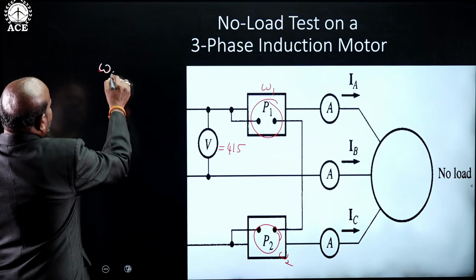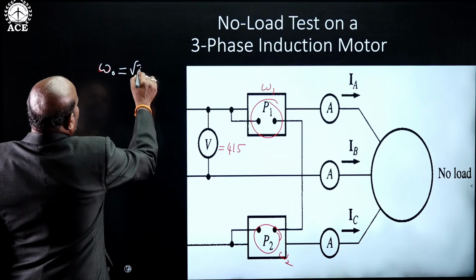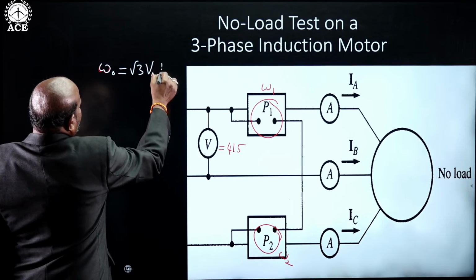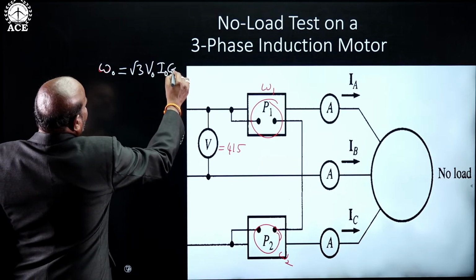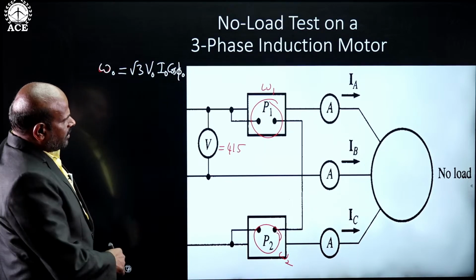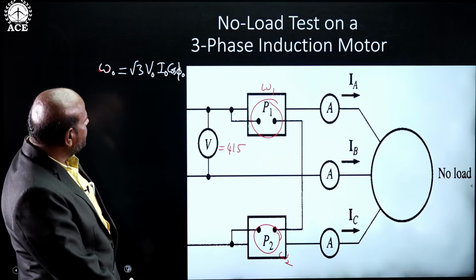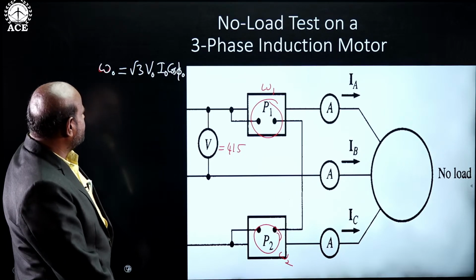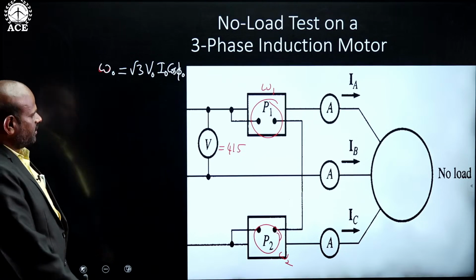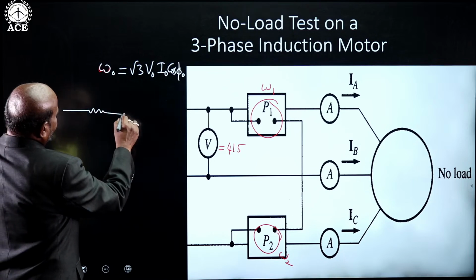The no load power is W naught, which is given by root 3 no load voltage into current into power factor. And by conducting this no load test, we are going to find out the no load parameters. What are the no load parameters? By drawing the equivalent circuit for the stator parameters,